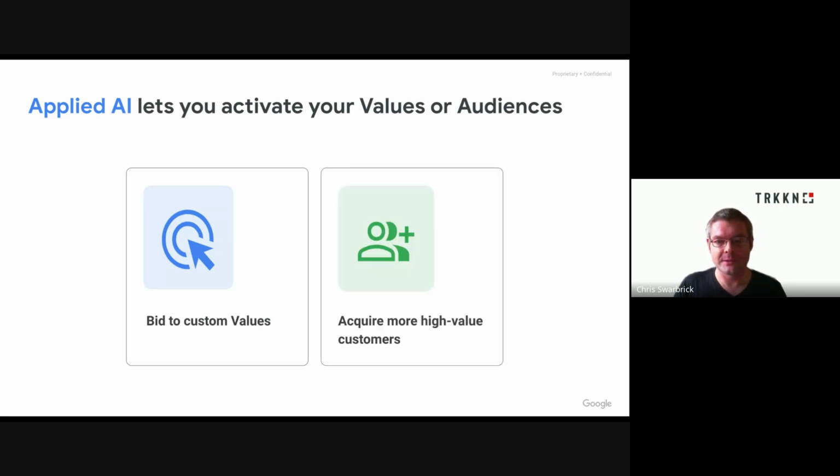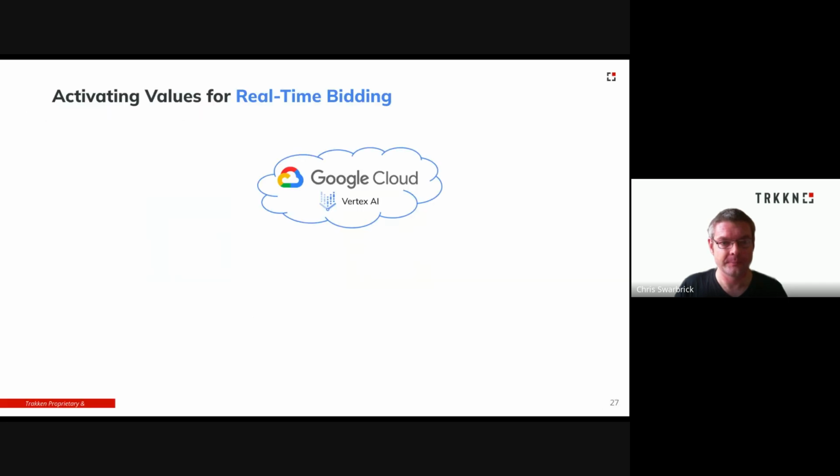The second is audience segmentation. So it's about using AI to segment your visitor or customer databases into meaningful groups, such as expected likelihood to buy. Then leverage these audiences for direct targeting via Google or as seeds to inform Google's audience modeling. So let's dig into that a little bit further.